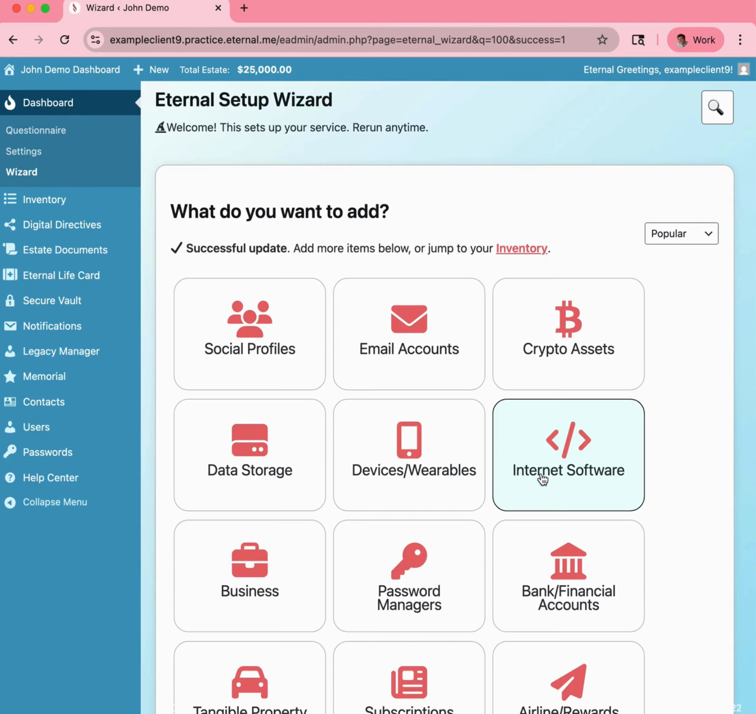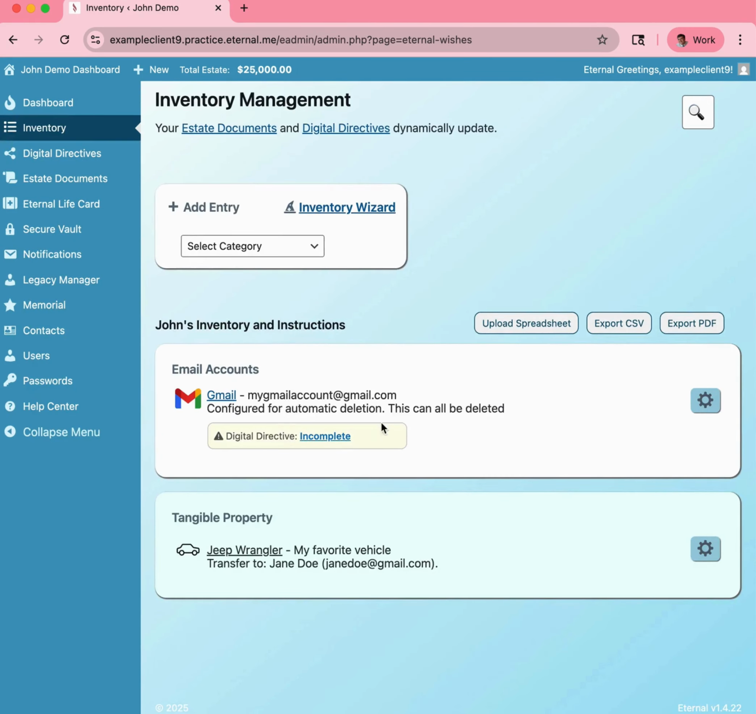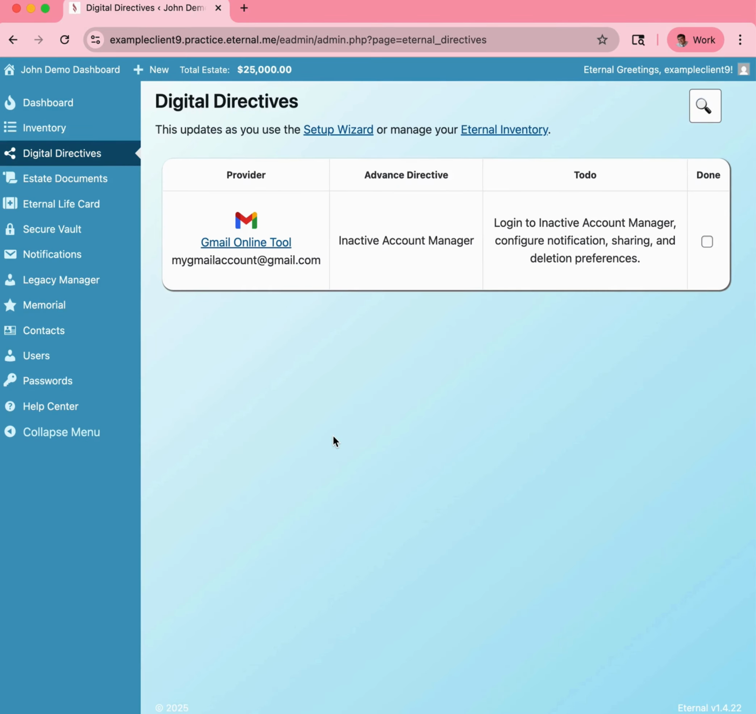So, this has now added our wish to our inventory, and when I go to our inventory, I can see Gmail's been added with my account information configured for automatic deletion, but you can see a little yellow warning note saying that the digital directive is incomplete. So what we need to do to finish is click that link, which will take you to our digital directives